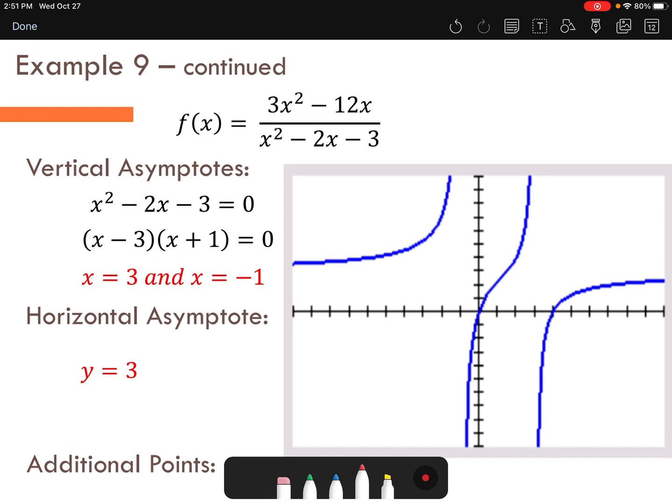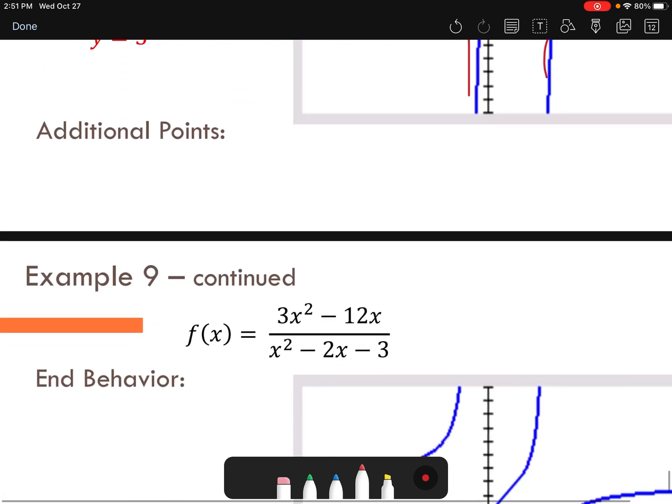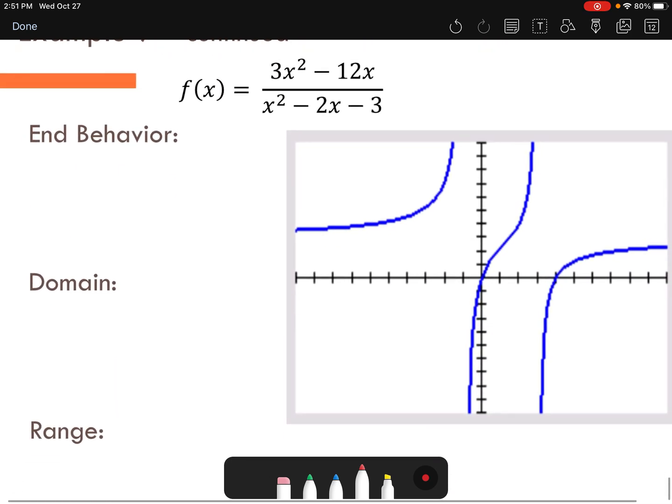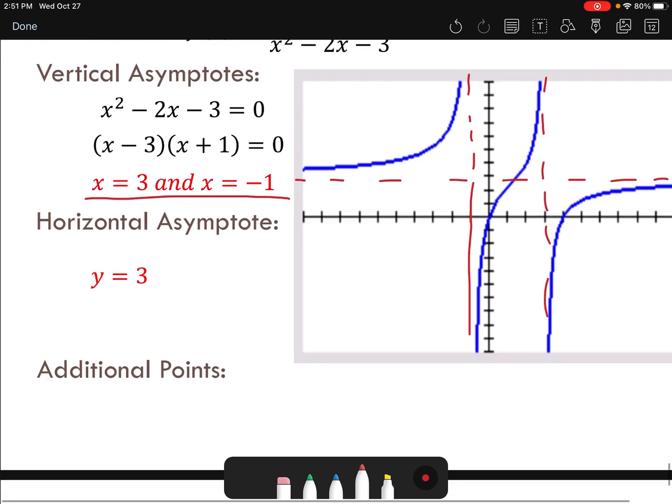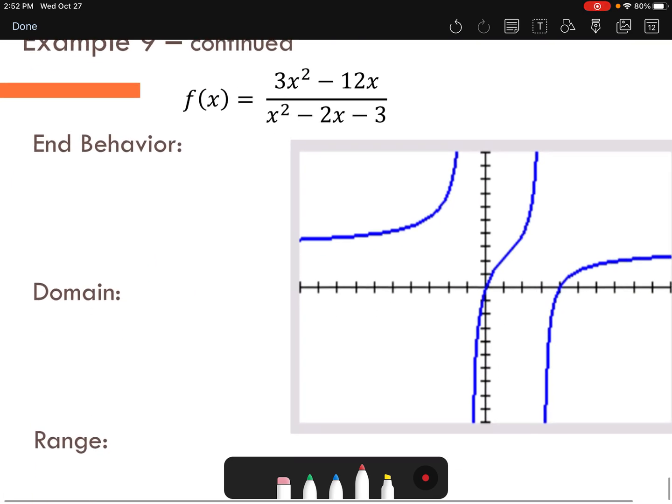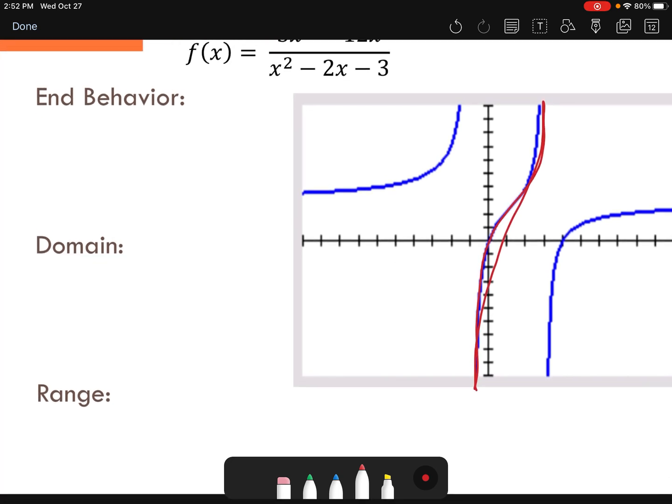And then vertical asymptotes, we'd set the denominator equal to 0 and factor. And once we factor, we get 3 and -1. And there's our vertical asymptotes right there. Our horizontal asymptote is at 3, which is going to lead to our ending behavior being y approaches 3 in both directions, plus or minus infinity, because we're talking about the long run behavior. The domain does not include -1 and 3, so negative infinity to -1, union -1 to 3, and 3 to infinity. And then the range looks like here, we're going to take care of everything, negative infinity